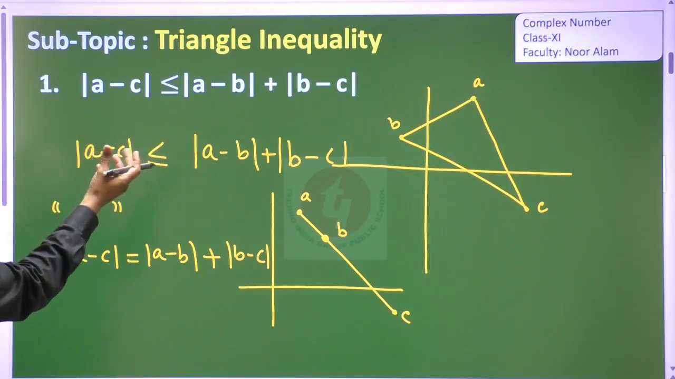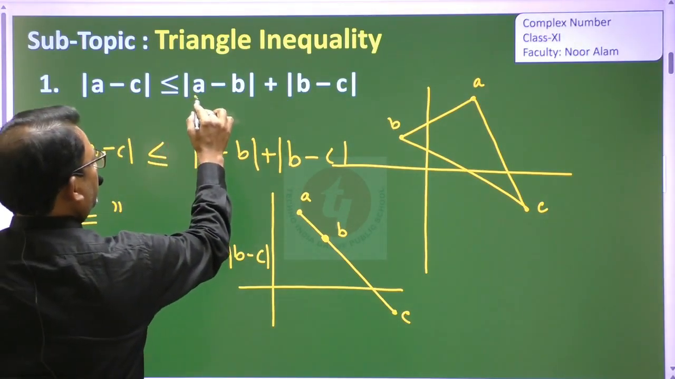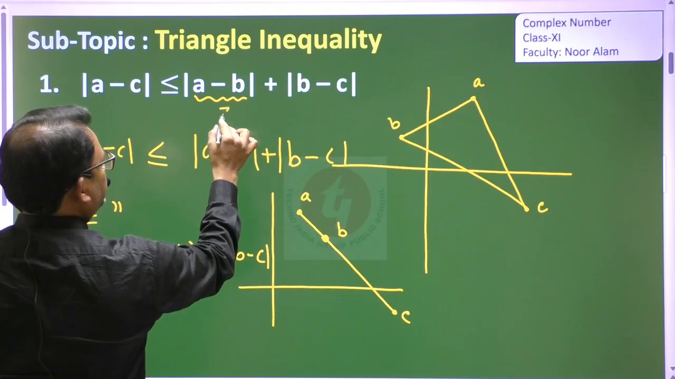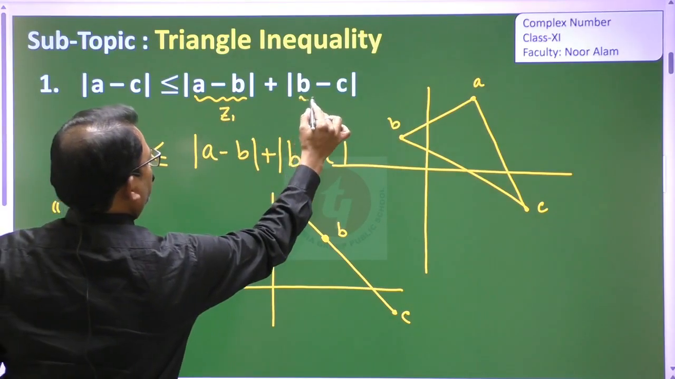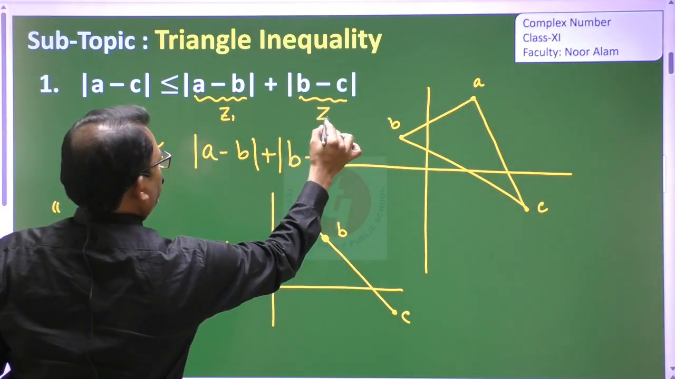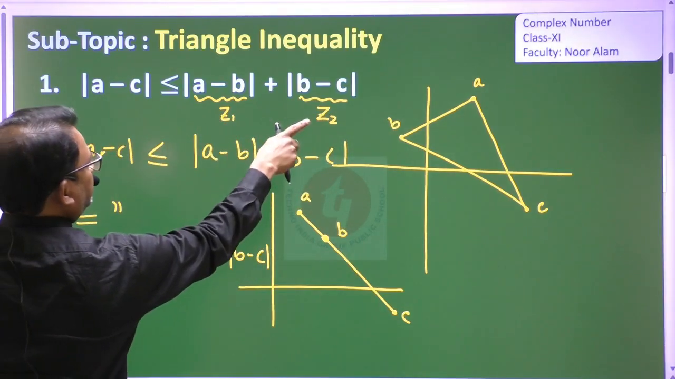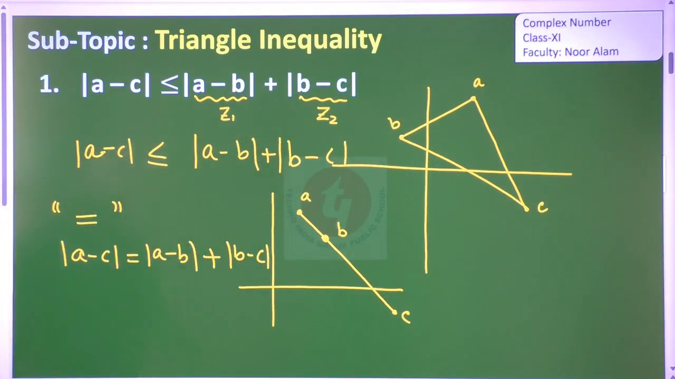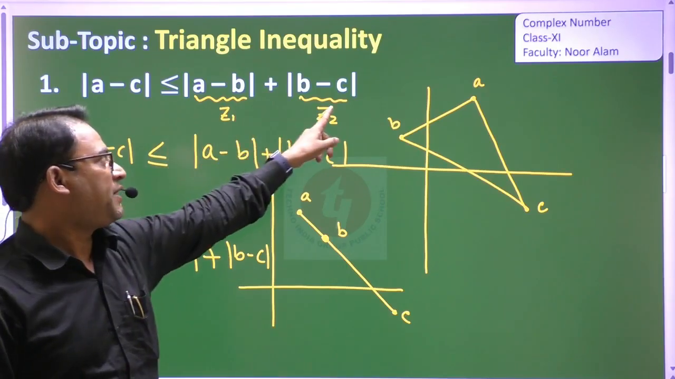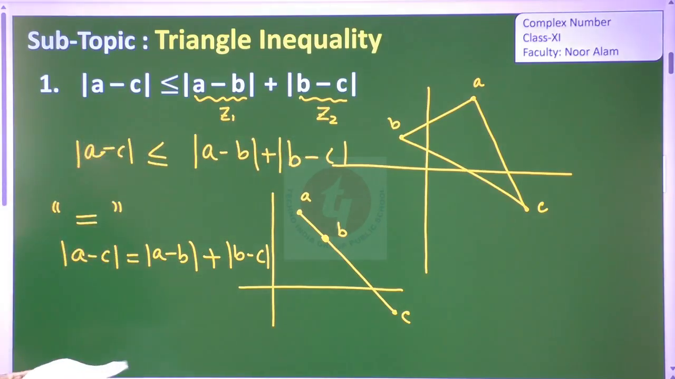Now in this formula, if I consider this one as complex number Z1, and this part as complex number Z2, then when you add Z1 and Z2, what will happen? B and minus B cancel out. So as a result, we have A minus C, which is this one. So in the next slide,